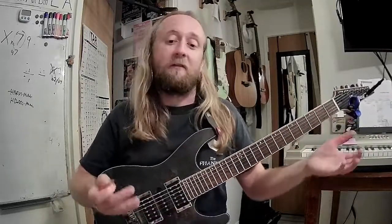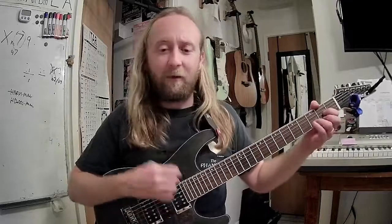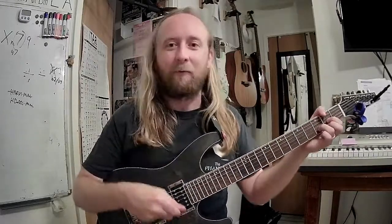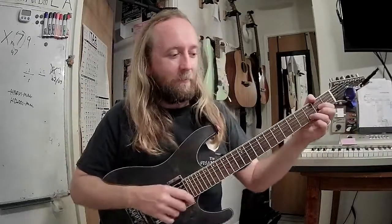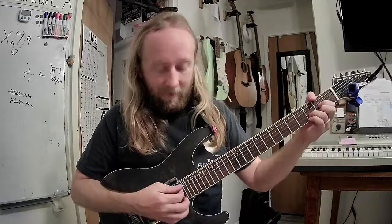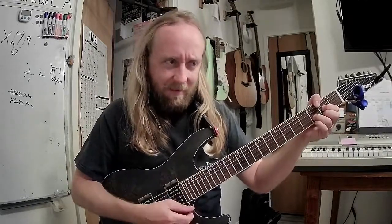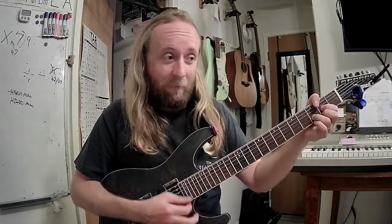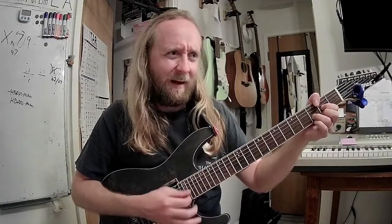Now, you could also turn this inward. Like if you want to get better at singing and playing at the same time, this is a great place to start because you don't have to worry about changing chords, and you can make the strumming pattern as simple or as complicated as you want it to be for the most part. So for example, if I wanted to sing, I would do exactly what I just did. I would try my very best to concentrate on maintaining that strumming pattern and try my very best to sing however I can, even if that means singing out of pitch. So I'm going to try my best to sing out of key, which would be